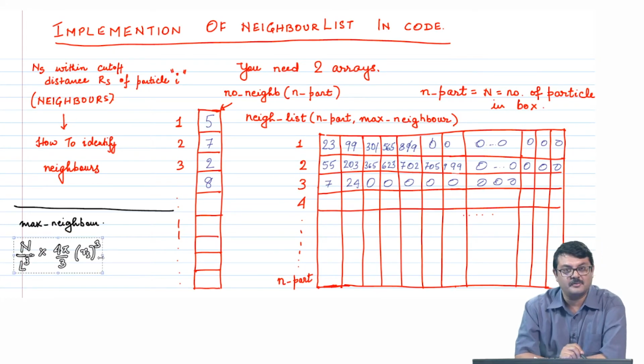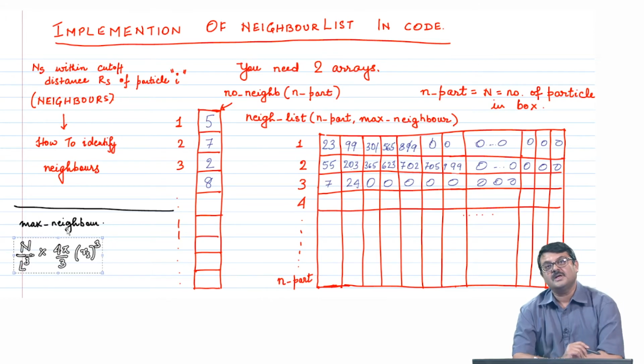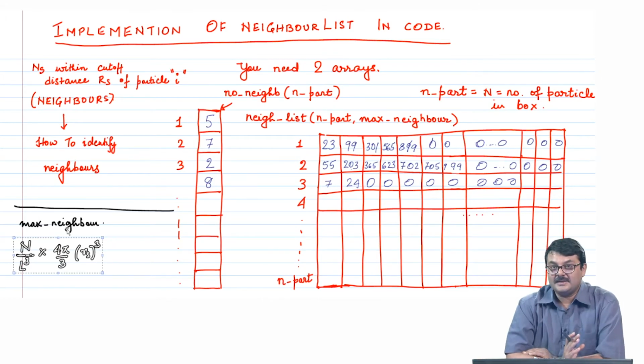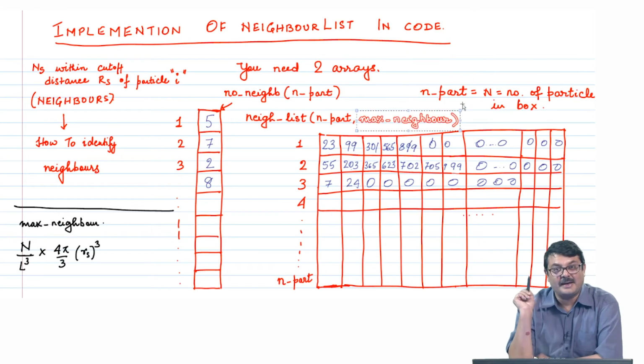You can choose it 4 or 5 times more, and even if there is some inhomogeneity, you would not expect larger deviations, but that is not impossible. And if you indeed have a larger number of neighbors than you estimated initially by max neighbor, then when you calculate the neighbor list, the program will show an error, and then you must check whether, for a particular particle in the neighbor list, the number of neighbors that you have for that particle